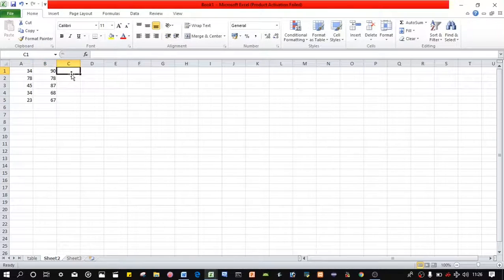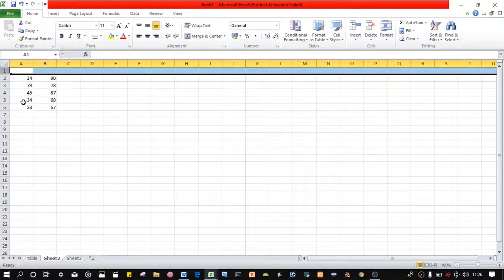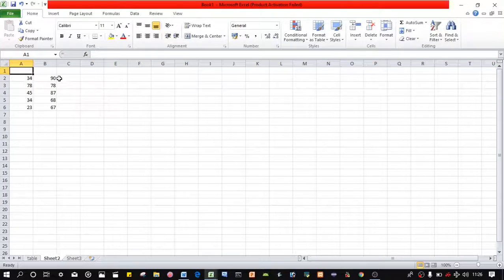How can we copy? Firstly, this is a column to add these two numbers: data 1, second one is data 2, third one is total. So add these two numbers, data 1 and data 2, and put it into the total value.